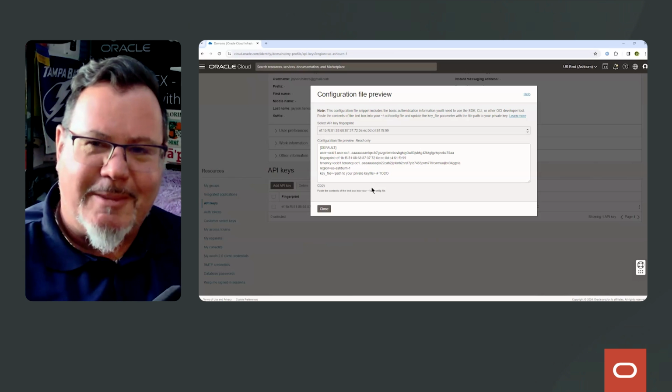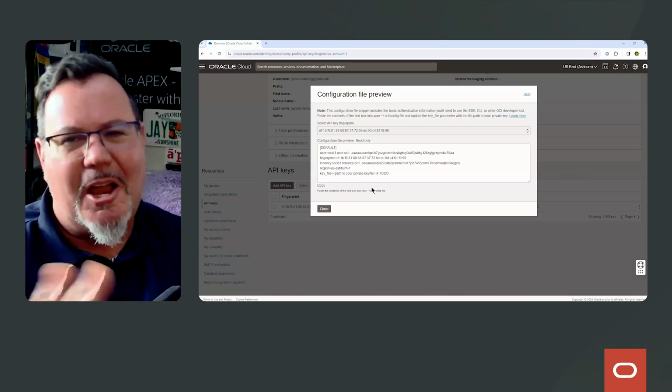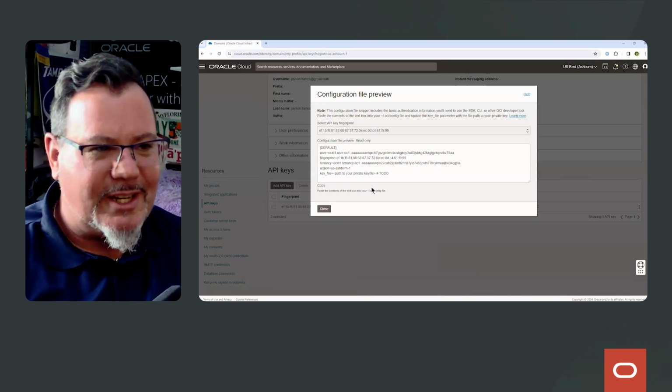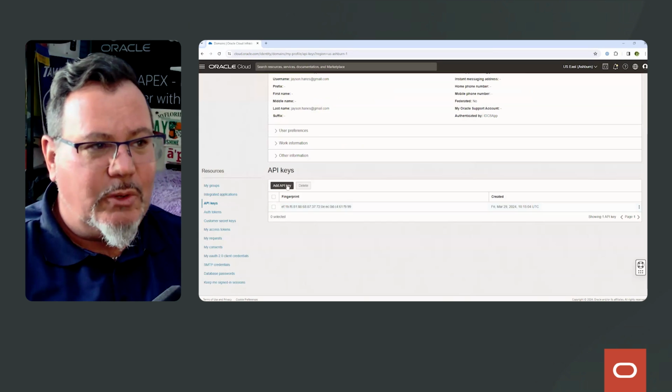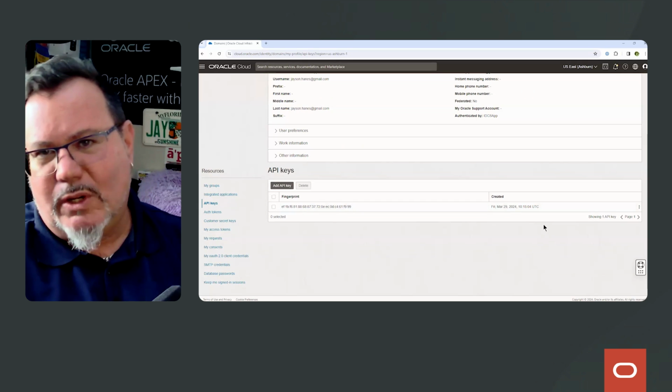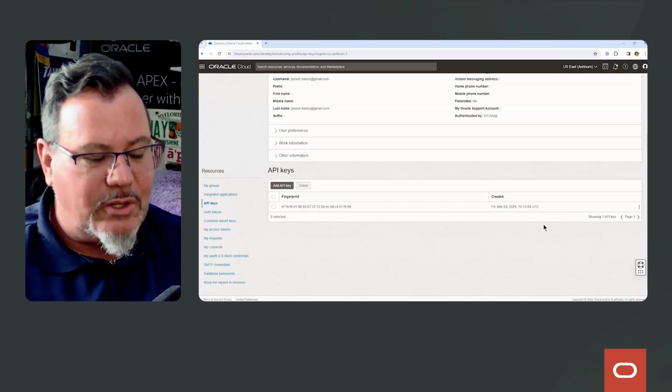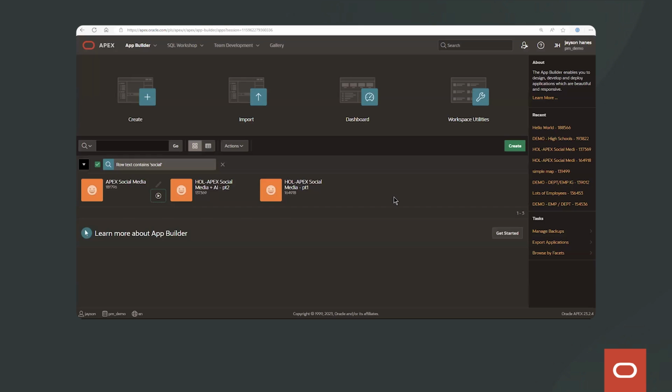Now, I know you may be thinking, oh, he's showing his keys. I'm not worried about it. I'll be deleting this set of keys later, and they will not work any longer. But the idea is the same. You would go in here and add that API key, create that set of credentials that could then be used in Apex. So if I go back to my browser and show you the Apex app, one of the things